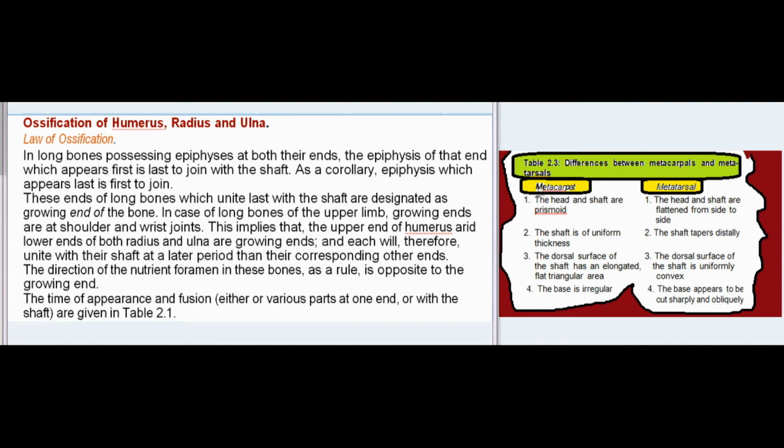This implies that the upper end of the humerus and the lower ends of both radius and ulna are growing ends, and each will, therefore, unite with its shaft at a later period than the corresponding other ends. The direction of the nutrient foramen in these bones, as a rule, is opposite to the growing end. The time of appearance and fusion, either of various parts at one end, or with the shaft, are given in